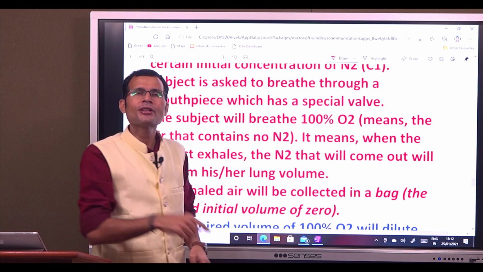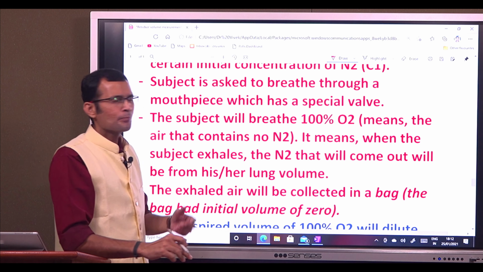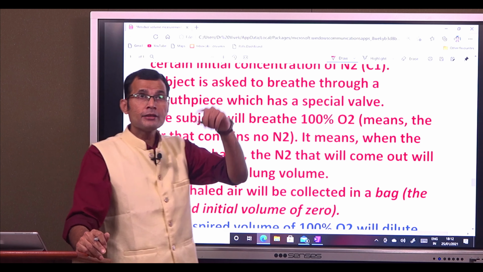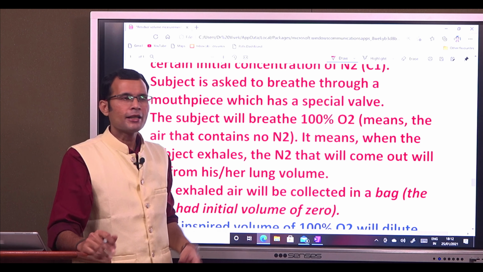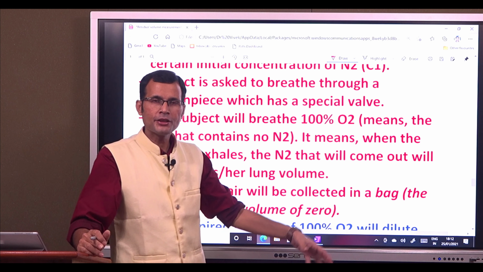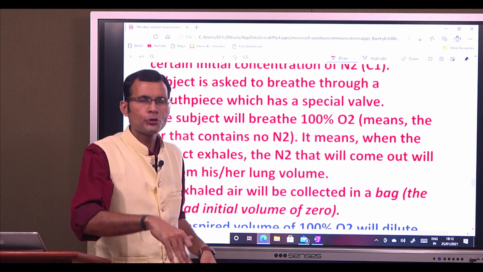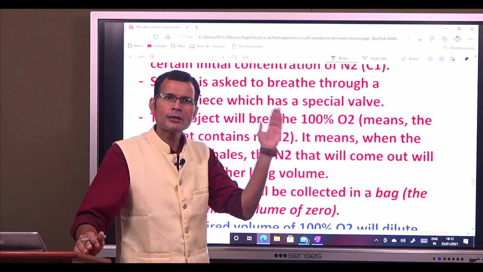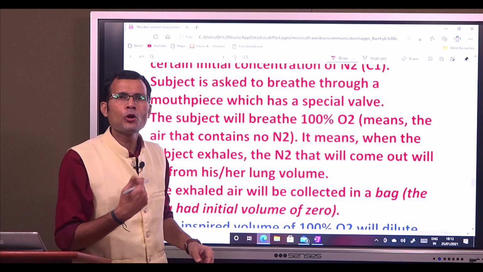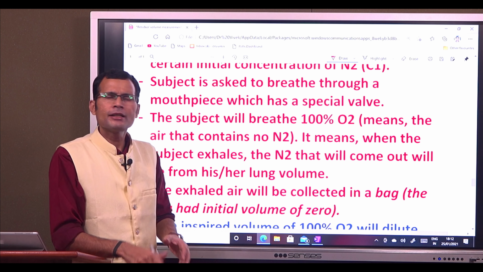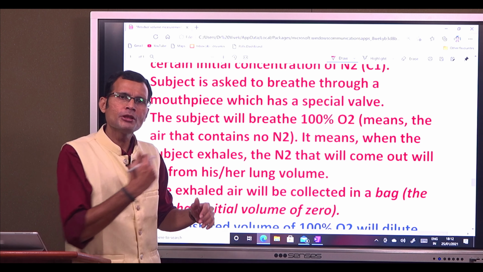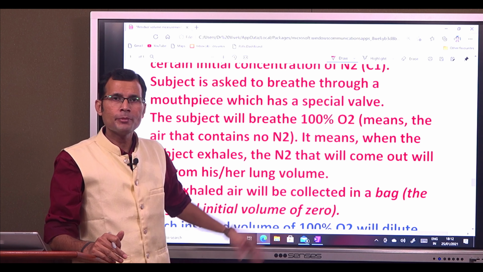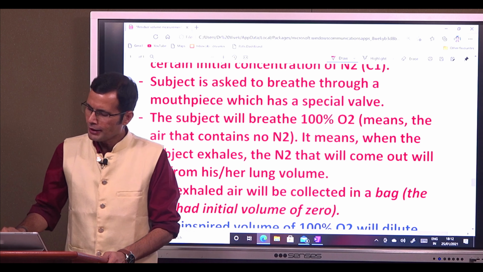Blood nitrogen should not come out, and that happens because, as I said, nitrogen is not so much water soluble, so it's not dissolved so much in the body fluids at the normal barometric pressure. You know, at high barometric pressures, like in deep sea diving, the high pressure will cause dissolution, and the nitrogen will be dissolved in the body fluids. But at the normal atmospheric pressure, not that much nitrogen is dissolved in the body fluids and in the blood, and therefore not much nitrogen is going to come from the blood into the alveolus and out in our particular method. That chance is not there, or very little.